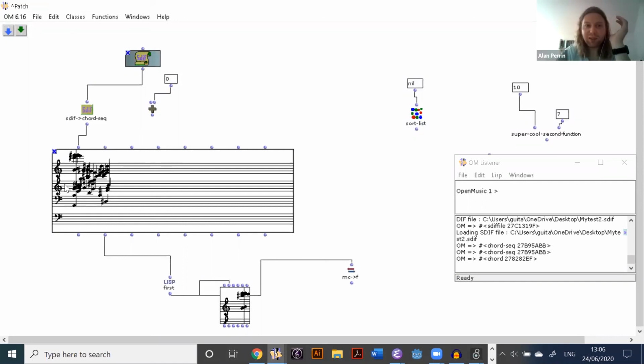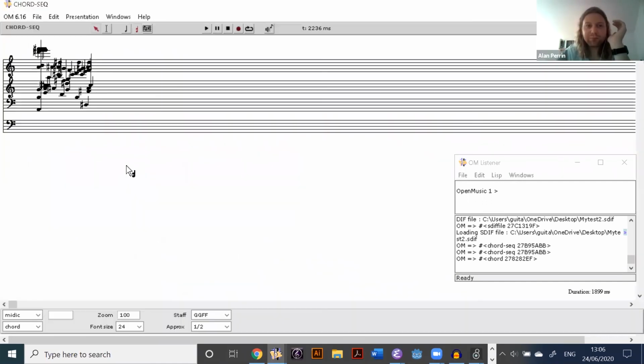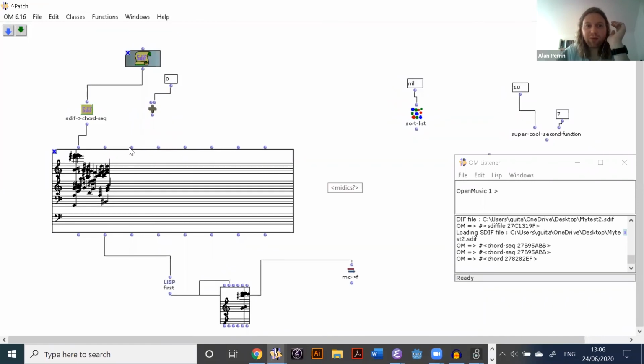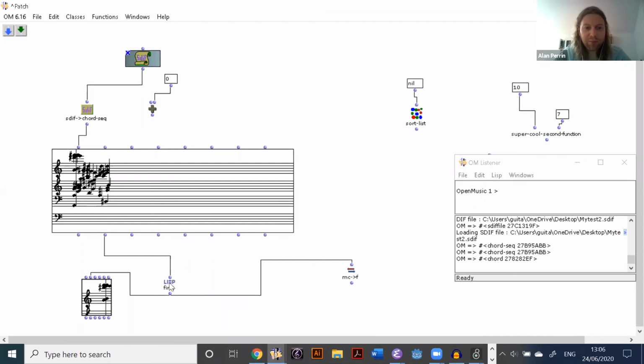You can do it by filtering by specific duration, but working out what's coming in and what's coming out is going to help you with that. So the list that is coming out of this